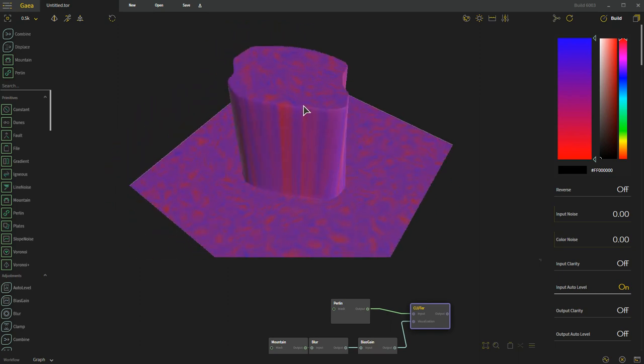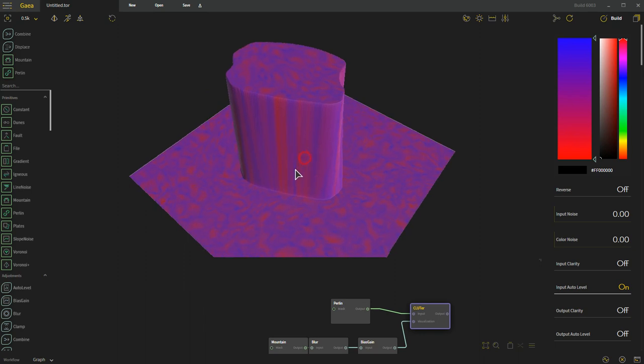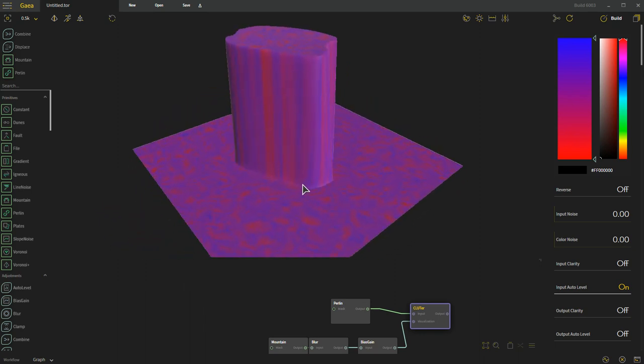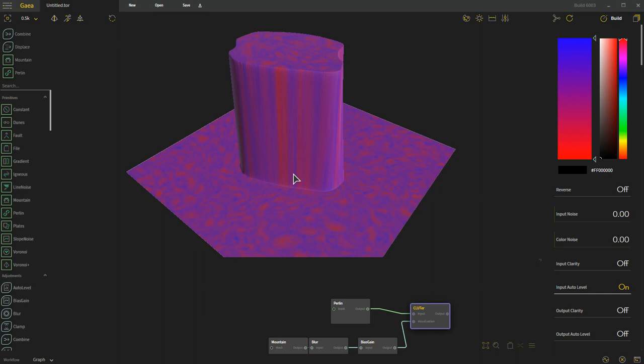So with this kind of thing, there isn't a lot that you can do to combat it here, but you can combat it in other software after the fact. Now, because it has to happen in other software, you don't really have this possibility of dealing with that area here in the texturing process. So if you want to texture things inside of Gaea, you're going to run into this issue. This is going to be something that's going to fight against you. Now, if you need to take it somewhere else in order to deal with it,